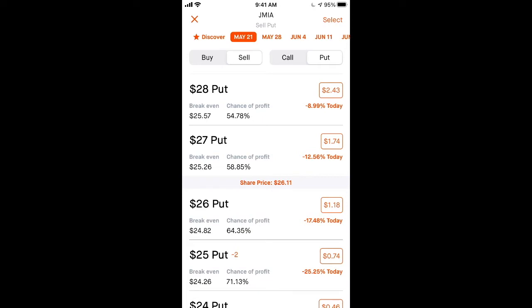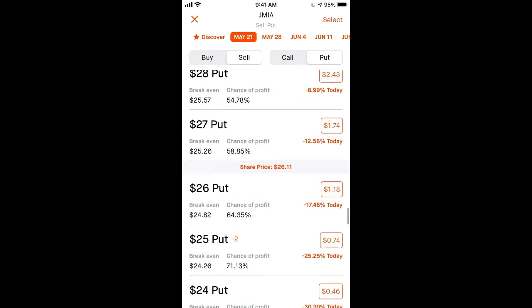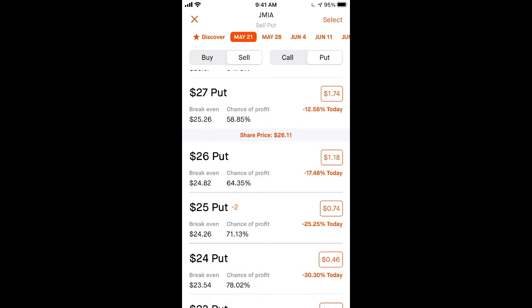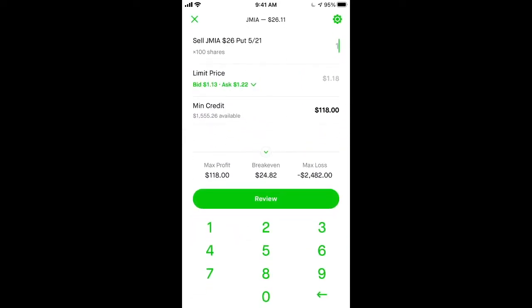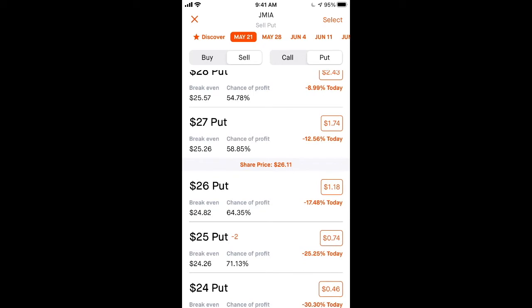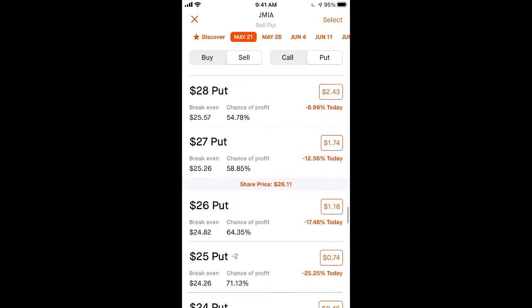Now, if we take a look at the very bottom in the middle here, you see share price. That is the current stock price of that stock at the moment. The current stock price of Jumia is $26.11. That is the current stock price for Jumia. All right. So the next thing that I'm going to show you is